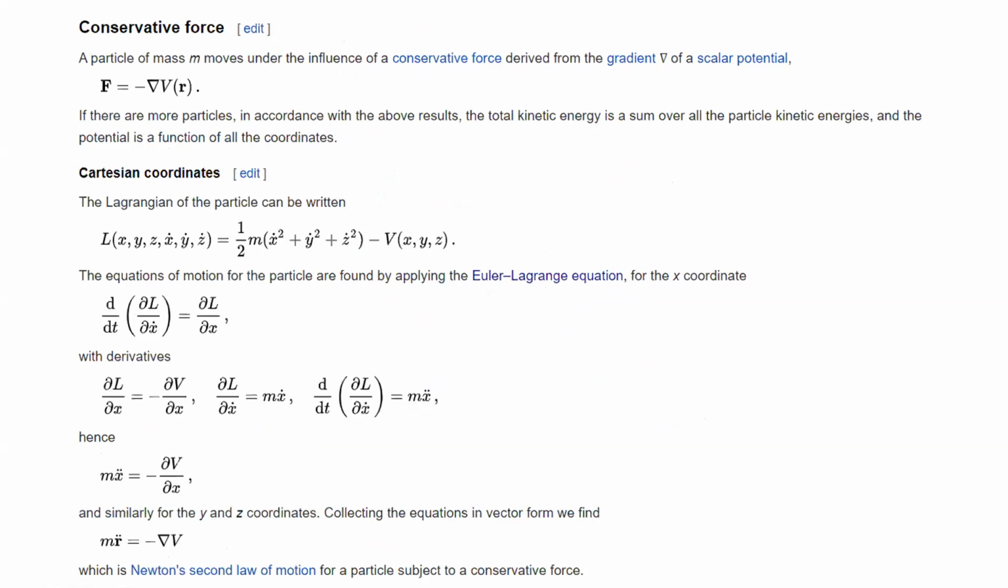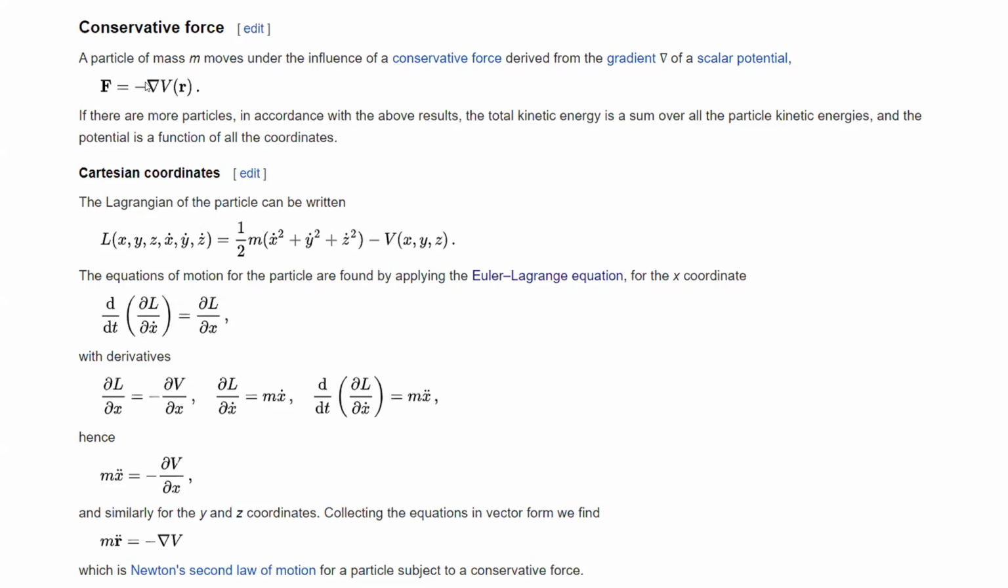Out of curiosity, has anybody done physics like this? Okay. So I'm not going to say too much if you haven't done physics like this, but